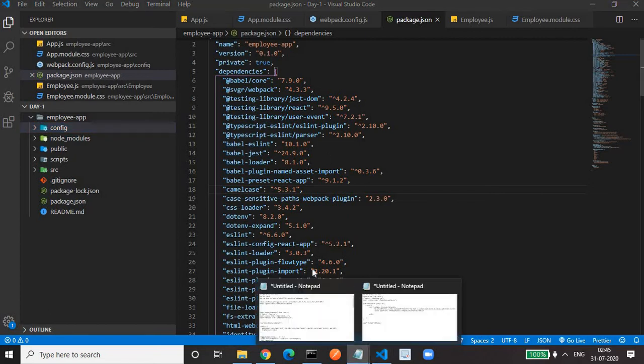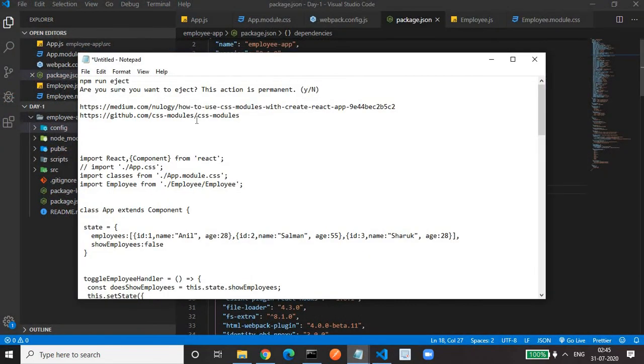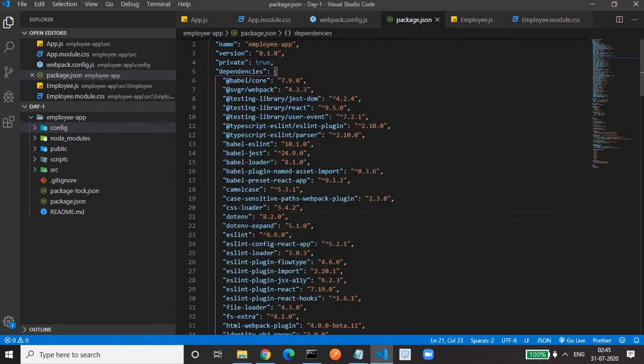I executed this command only to show you how the folder structure looks after executing the eject command. We will pull out the dependencies from the React script. We will pull out the webpack from React script, and we will get access to the webpack in the config folder. So we will get two extra folders after executing that command, config and script.